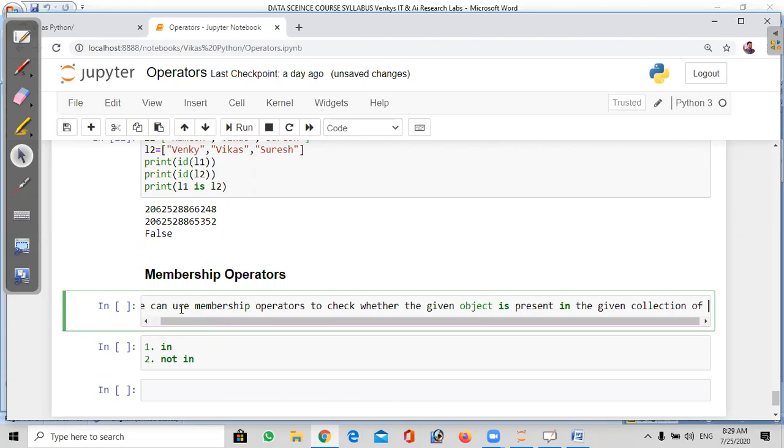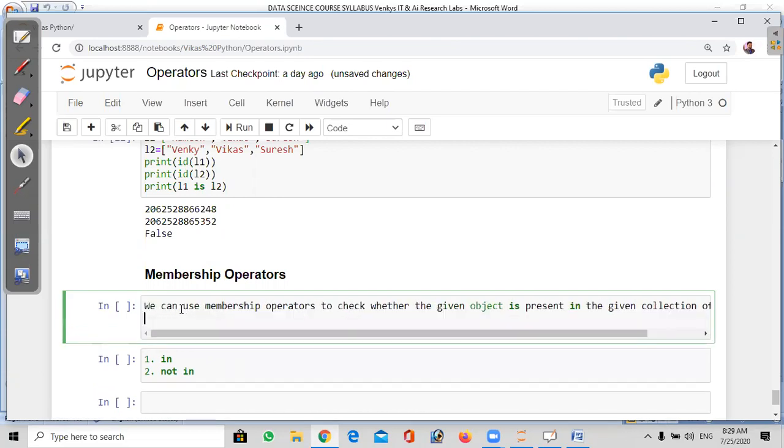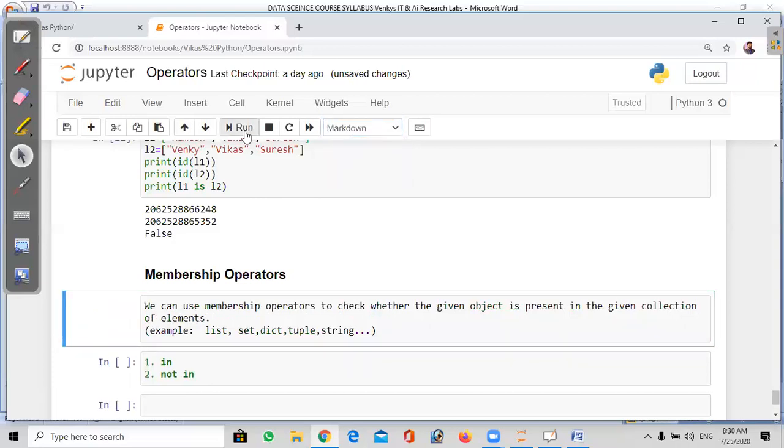A collection of elements here means, for example, a list, set, dictionary, tuple, or a string. We can check like this a collection of a lot of values, a group of values. To find that, we use membership operators.